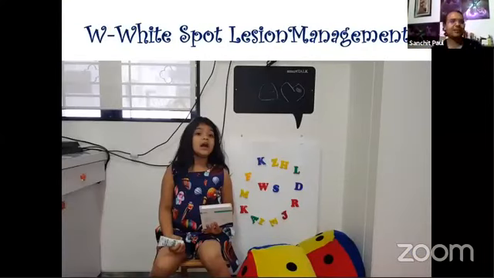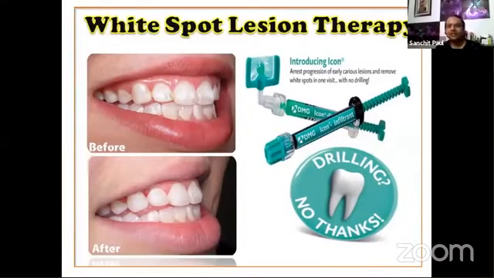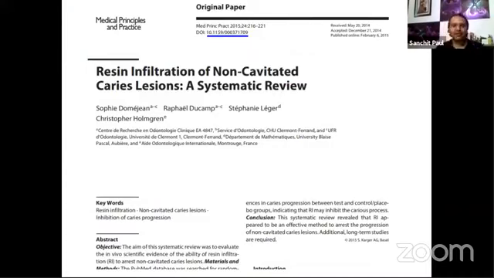Coming to the W letter. White spot lesion management is something, again, which is very frequent in our day-to-day practices. We all know that there are lesions which are non-cavitated. They are pretty opaque. They are not fluorotic. They are not amelogenesis imperfecta, but they are just white spot lesions because of maybe a Turner's tooth, maybe a local enamel hypoplasia, maybe a molar incisor hypomineralization. But those lesions are the tricky ones because one cannot simply just drill and fill them.